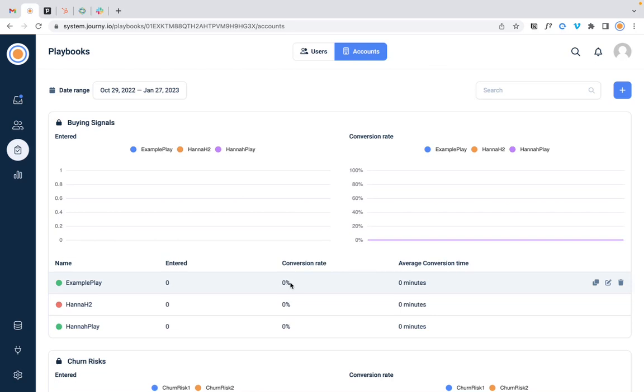That's why we had the goal conditions, and so you can basically fine tune your workflows in terms of optimizing conversion rate. And that concludes